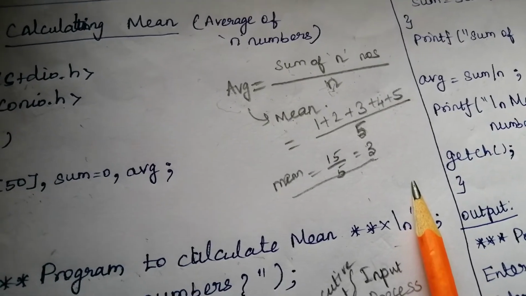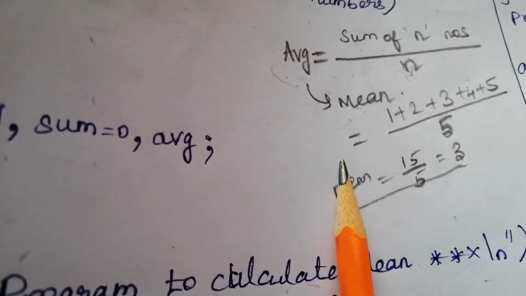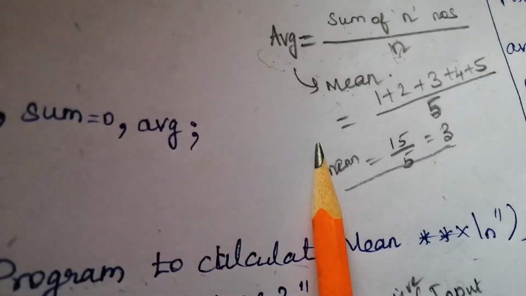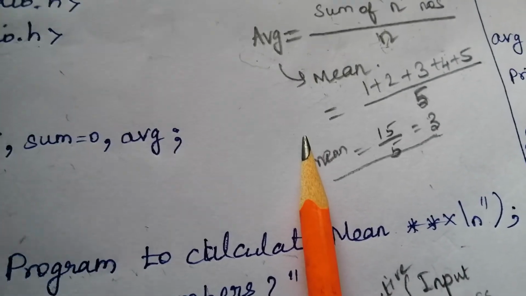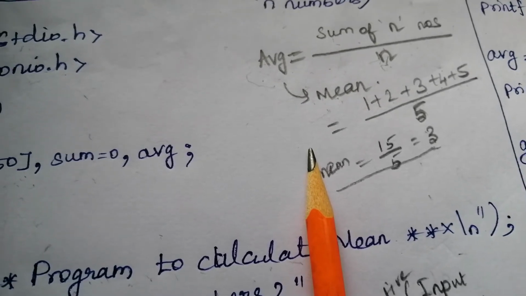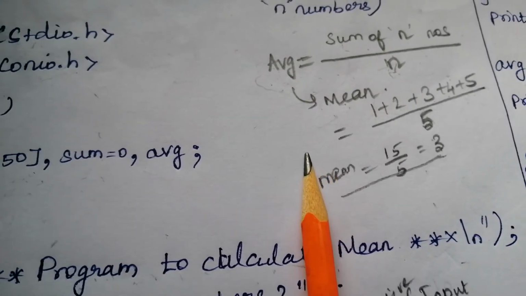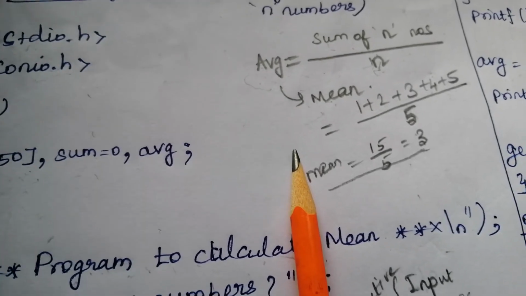After saving your program, you have to compile the program. For that you can use the shortcut key Alt plus F9. If there is no error, next you can go for the running options. If it has any errors, we have to rectify those errors. After that, we have to move on to run the program. For running, you can use the shortcut key Control plus F9.